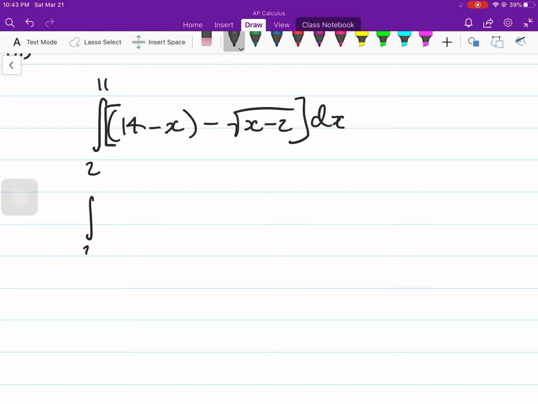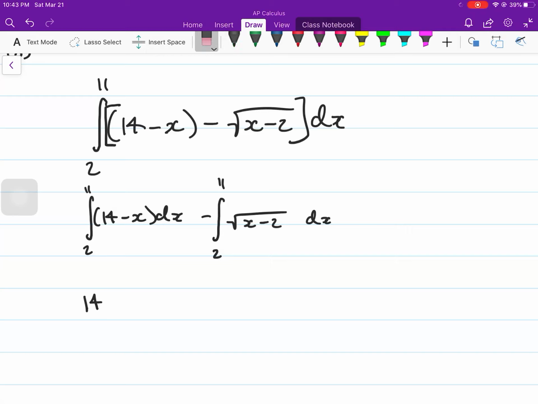We're going to integrate from 2 to 11 of 14 minus x dx, separate from the square root of x minus 2. And so here we'll have 14x minus x squared over 2 from 2 to 11. And then minus,